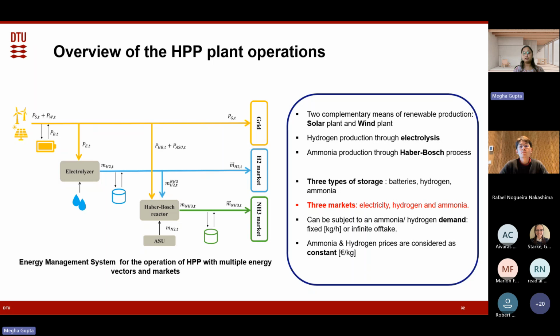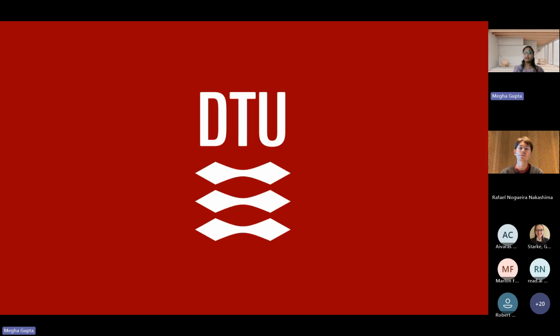And also ammonia and hydrogen prices, we are considering them as constant, and regarding their demand, we can consider them as like infinite demand, like whatever we are producing, we are selling, or even a user can provide a given demand profile of any industry, and then the EMS will try to meet that demand as closely as possible, and then the revenues are calculated accordingly. And I think that's it from my